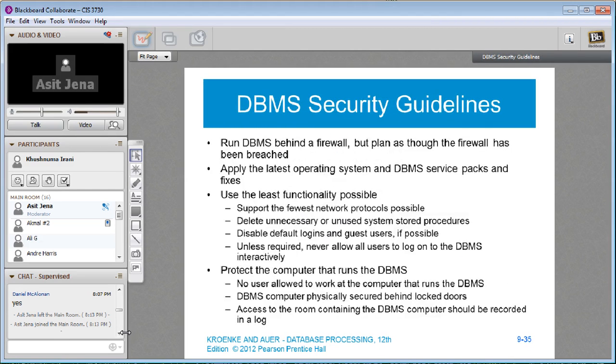So, okay, any other question before we take a break and we come back and get into the last chapter, that is the BI, the business intelligence stuff. And I think that will be pretty light.